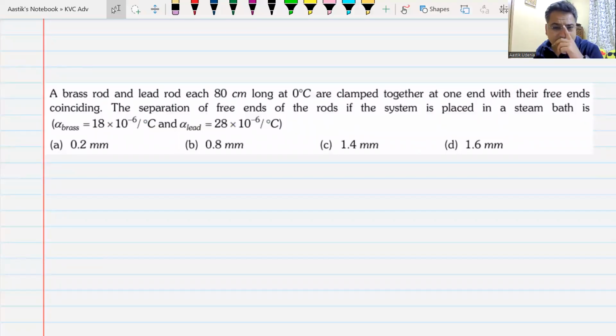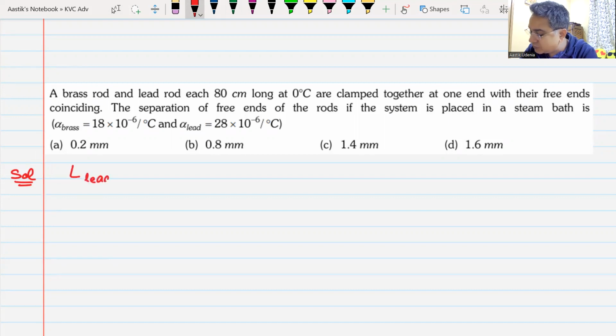So how did you get the answer? Basically, both the lengths are given as 80. You have to find out the difference in their lengths. Yes or no? So length of lead, because it has got more expansion, minus length of brass, will be equal to their original lengths, 80,